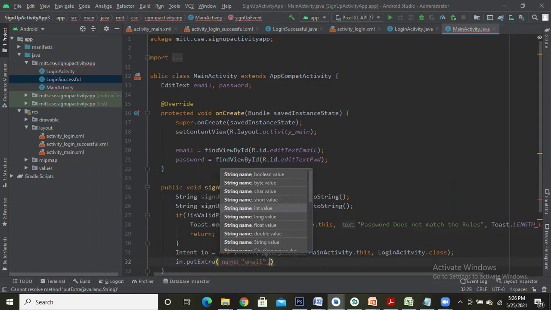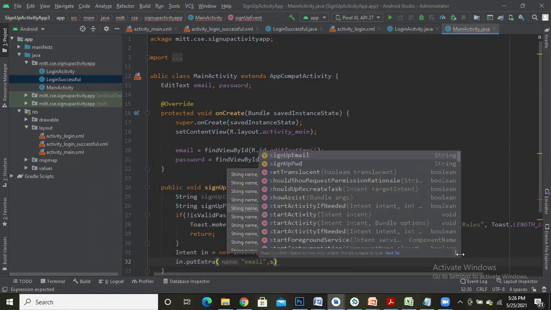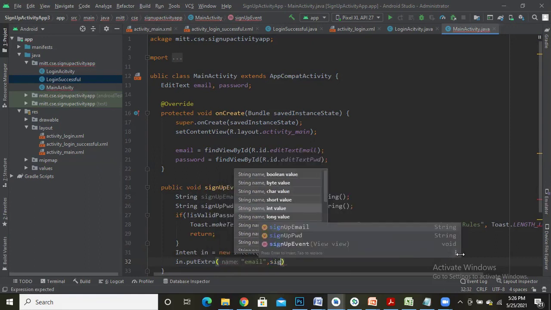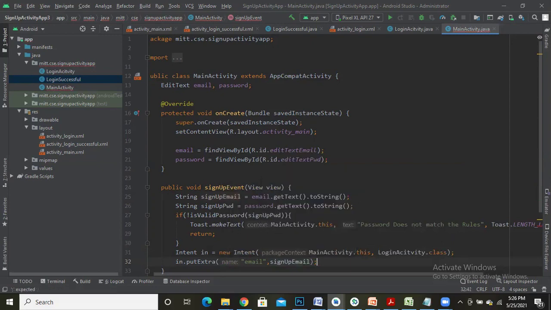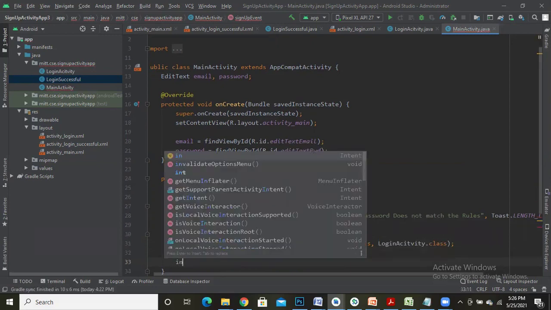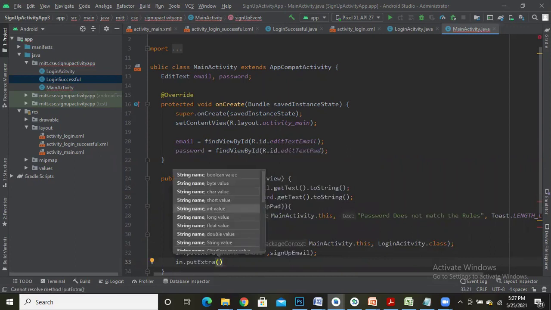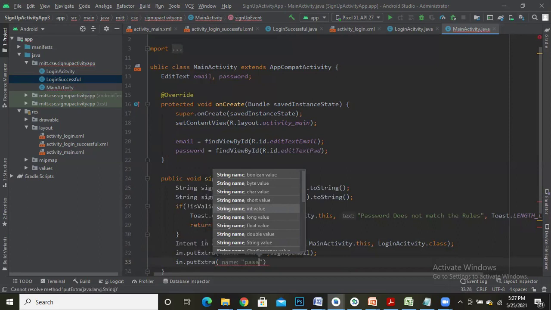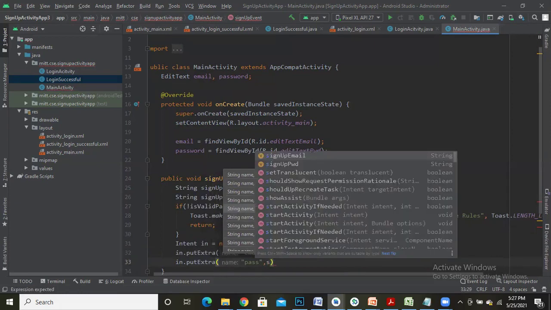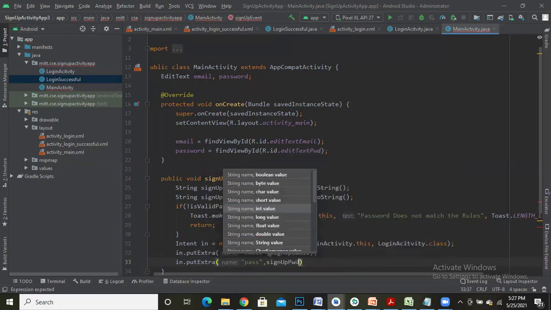Second one is the value. The value is present in the variable signUpEmail. Similarly, in.putExtra. First parameter is the name. The name I'll give as pass, comma. The value for pass is present in signUpPWD, password.